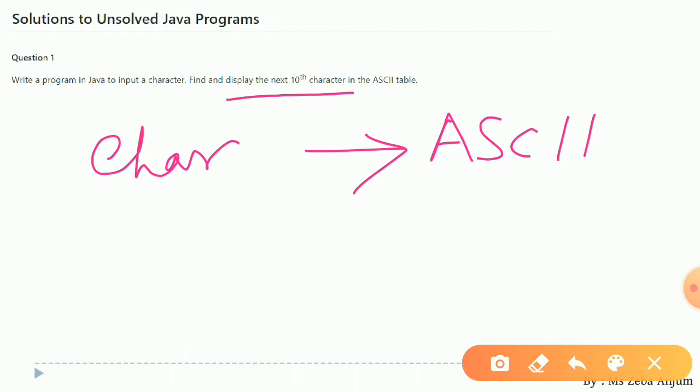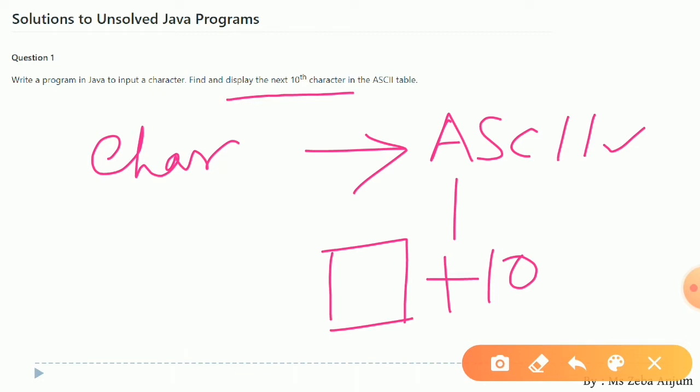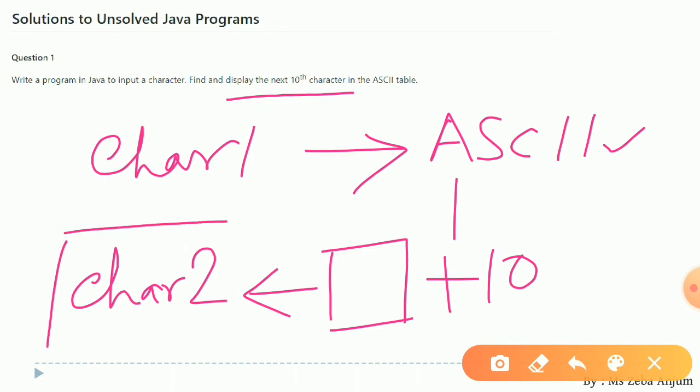Yes, now when you have found the ASCII value, then just increment this ASCII value by 10. You will be getting something as a numerical quantity, and then again you are going to convert it back into a character. Now let us say this was character number 1 and this was character number 2. So this was your character that is supposed to be displayed on the screen, and you are going to do it with the help of System.out.println.